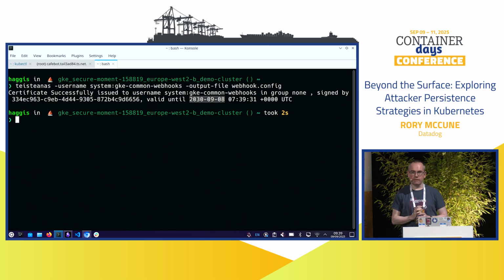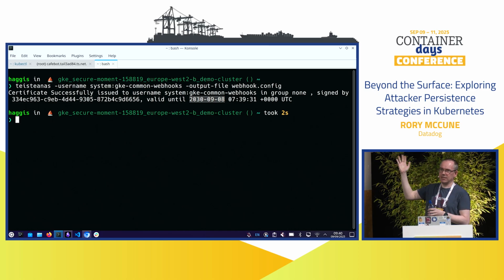The default lifetime for these certificates varies per distribution. Usually a year. I don't know why GKE is 5 years. I have actually mentioned this to Google and said, did you really think that's a good idea? They said yes. So fine. I did report this to them because I was a bit thinking, really, is that seriously good? They said, yep, that's fine. We're cool.